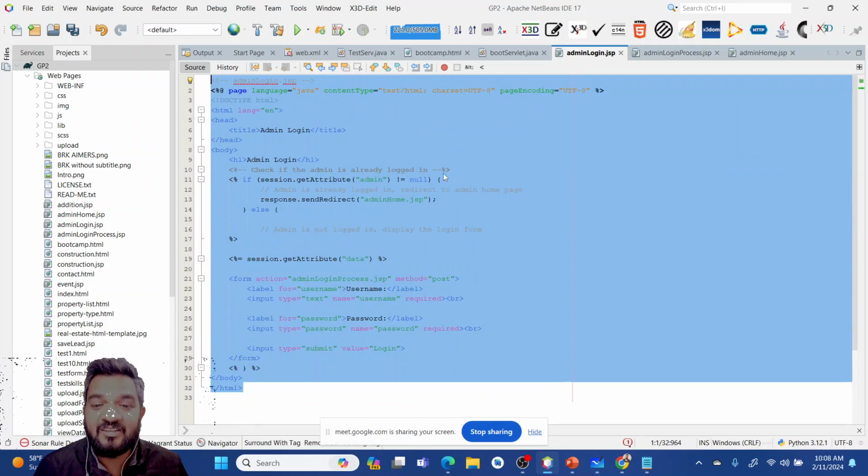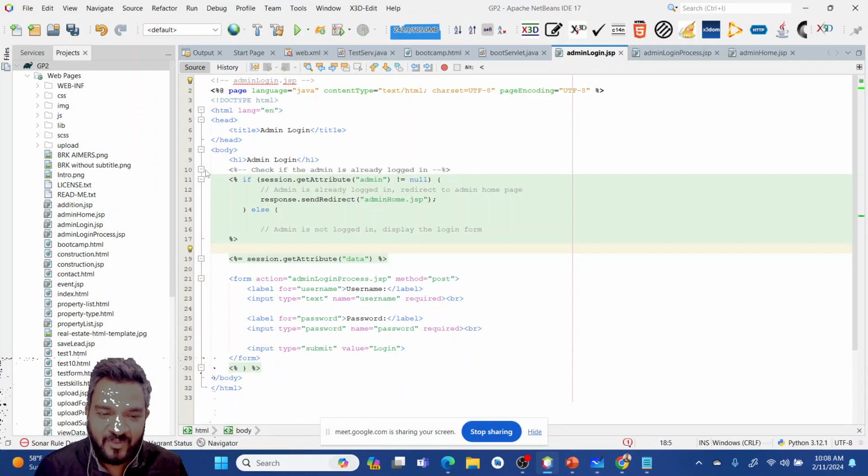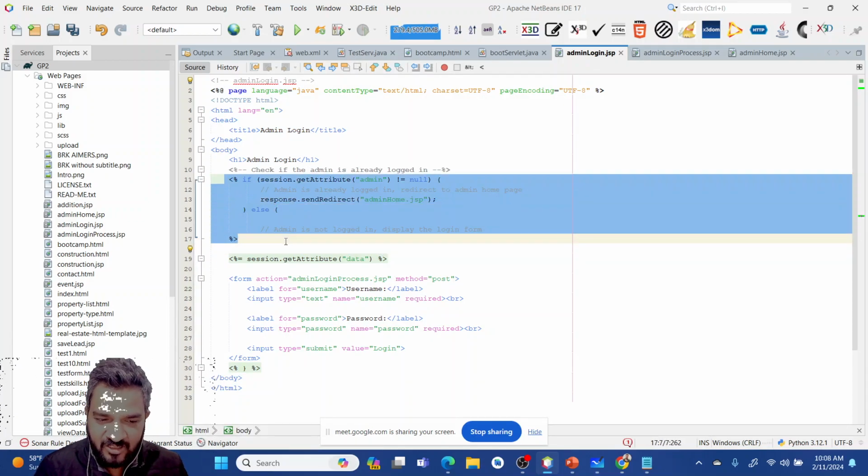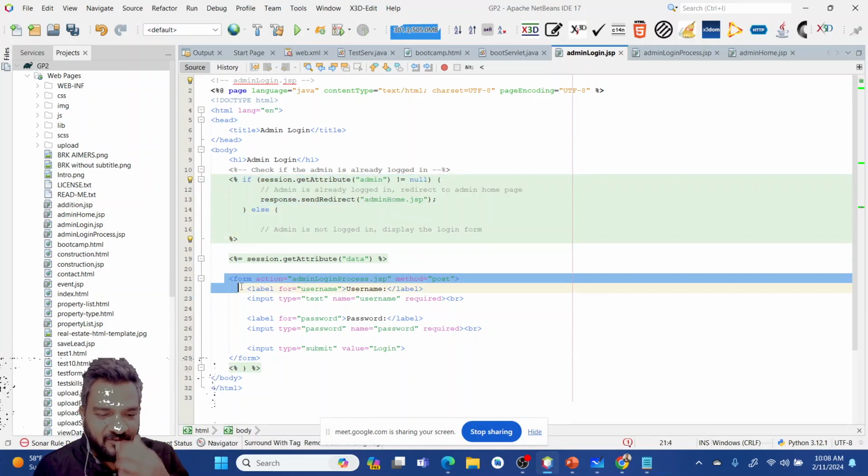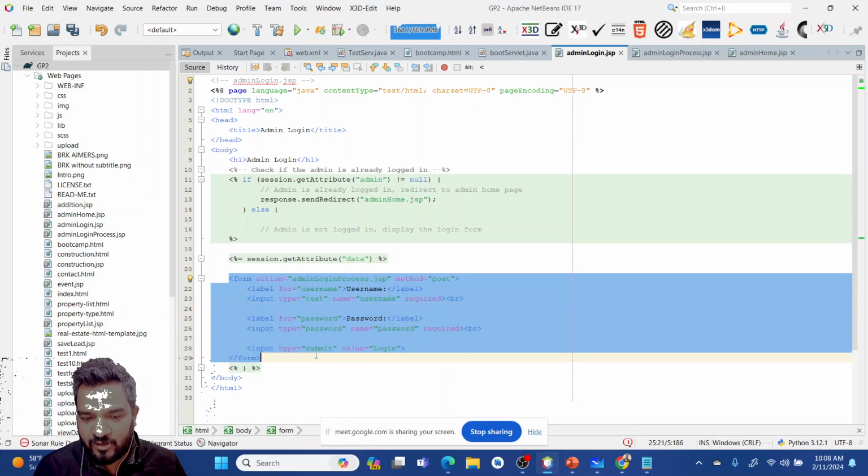In the same user interface there are two things. One is logical management, logics, and one is what is visible to the user. So this form is visible to the user, this is your user interface, right? And this data that is creating some logical pattern is your data part, your model part.